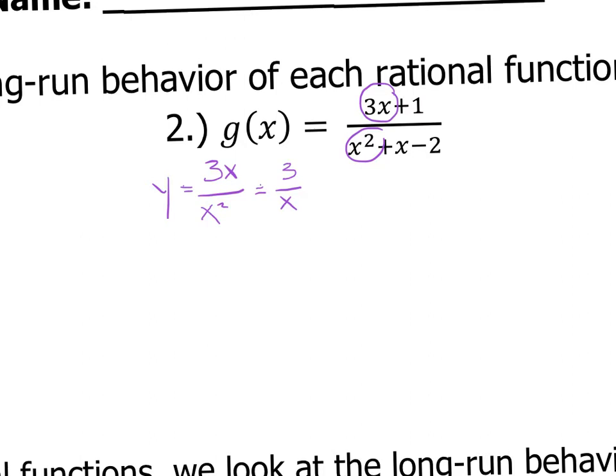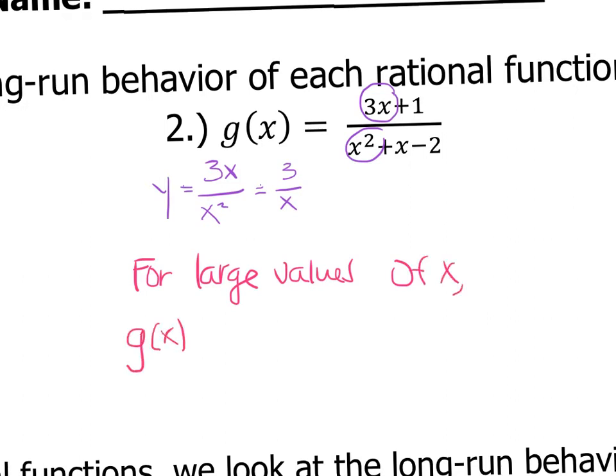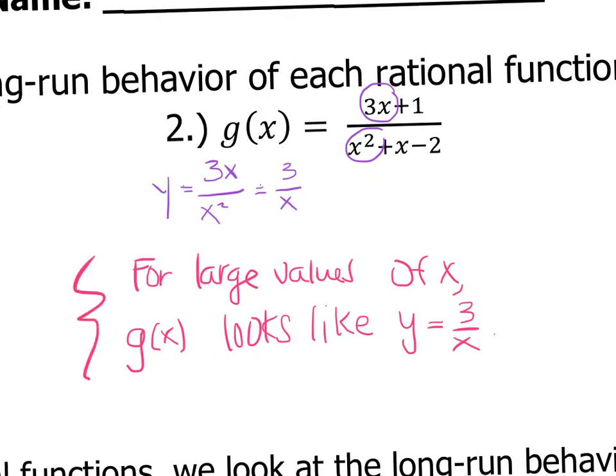So again, for large values of x, g of x looks like y equals 3 over x. So this is kind of the response I'm looking for when you're asked to describe the long run behavior of a